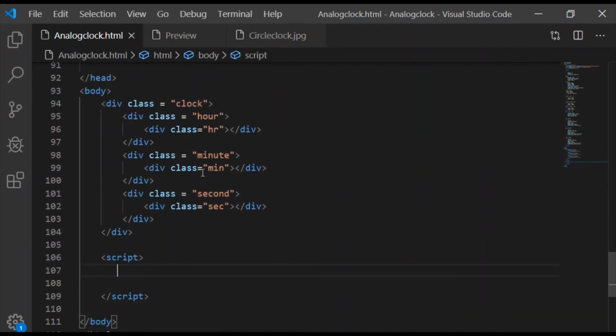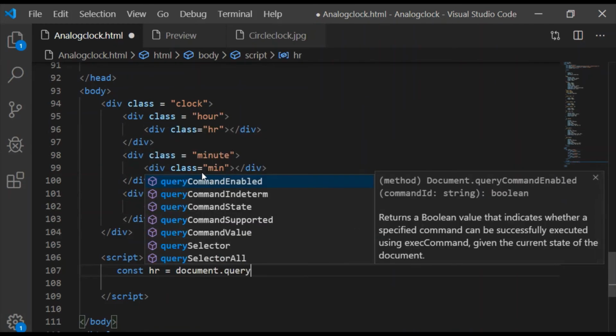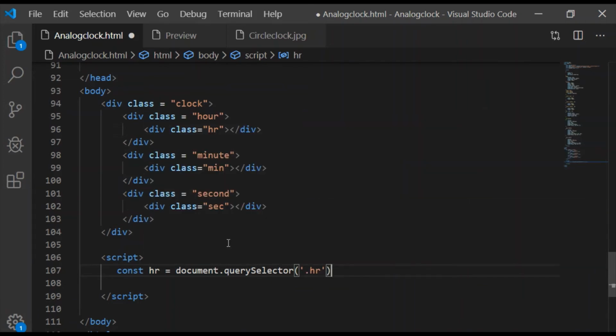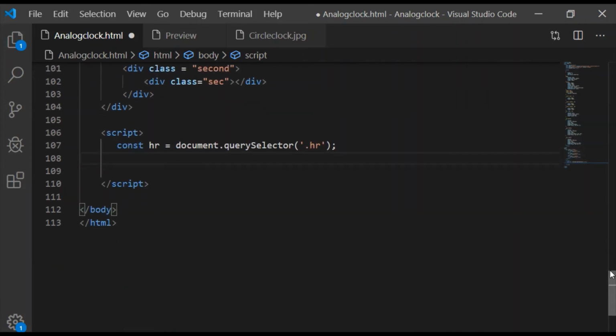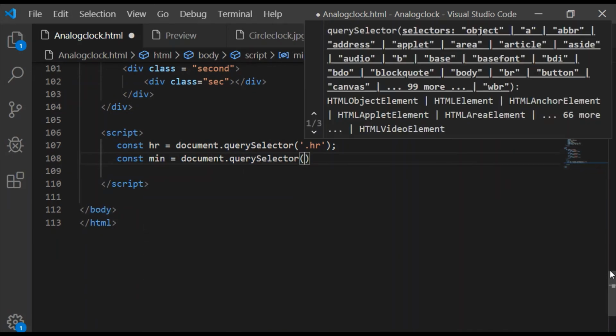For this we will write JavaScript code. First we have to make the movable hands classes known to our JavaScript. For that we will declare a variable HR for hour, and it shall use document.querySelector for the hour class.